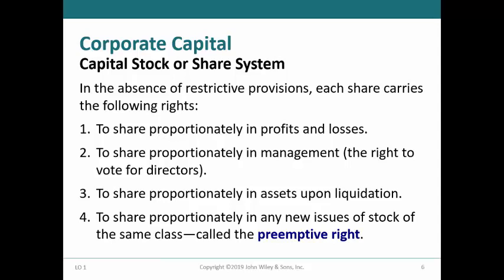Also, when the corporation issues new shares of stock, the preemptive right provides that the existing shareholders must be given an opportunity to purchase additional shares in the new issue based on their current ownership percentage. The preemptive right has been restricted by corporations in more recent times due to having to notify the current shareholders and allow them an opportunity to purchase shares. Also, some corporations, such as Google and Facebook, have been issuing classes of common stock with restricted or no voting